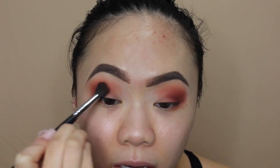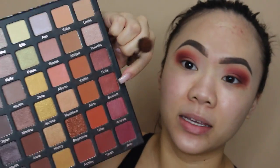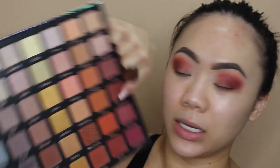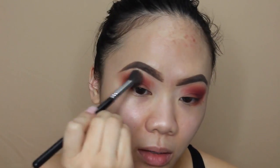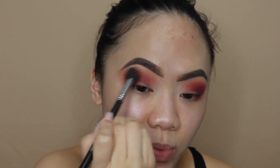Sometimes you see that really cranberry-ish shade when you see a sunset. The M504, I'm going to take back Kaitlin, and now I'm going to take a little bit of Alice, which is right here. I think I'm going to take the shadow up a little higher too, like what I did in my last tutorial, just because I like,